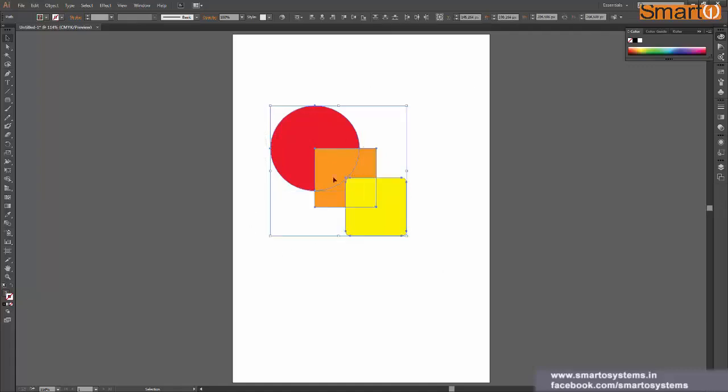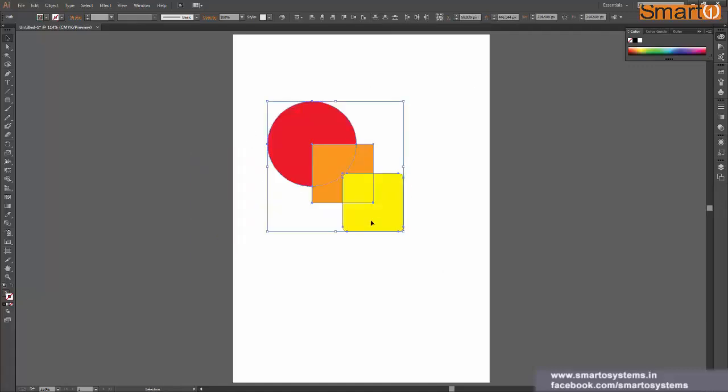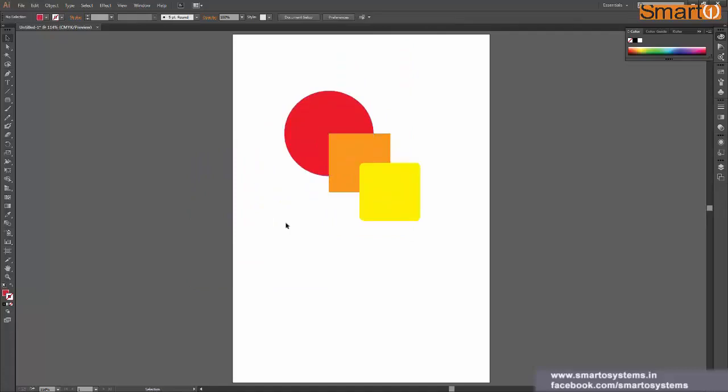When you release your mouse, you have your shapes selected and can move them around. But there is a problem. Let's say I have too many objects in here and I want to move a set of shapes. Then every time I have to select those shapes and then move. So it is a good idea to use group in here.